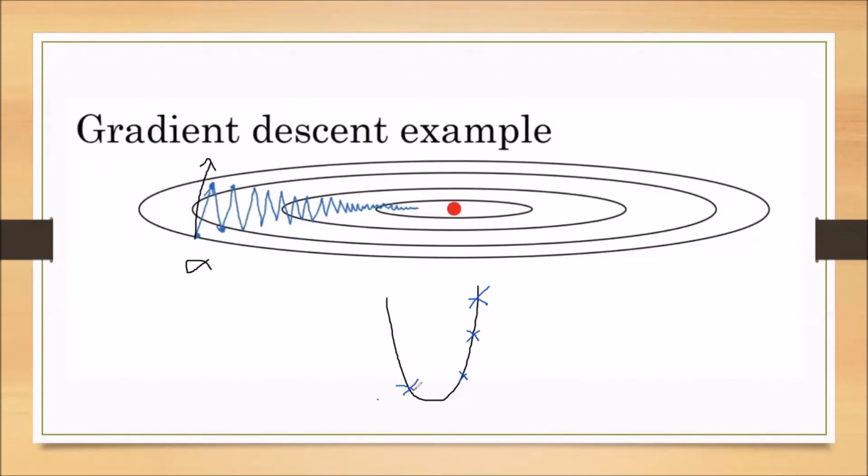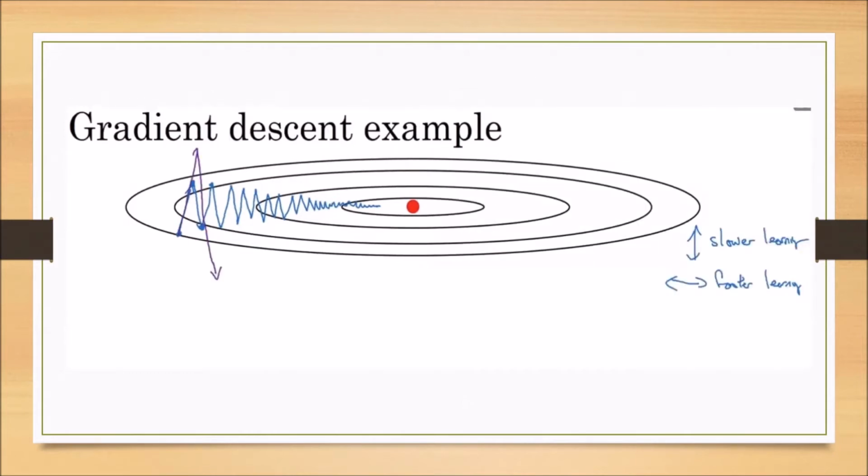Instead of finding the minimum value, it will skip the minimum value and diverge, and it keeps on iterating, but that gradient descent may not find the minimum value of the cost function. So that's why we always say take a small value of alpha. But when we take a small value of alpha, the gradient descent will take a large number of iterations to find the minimum value of the cost function.